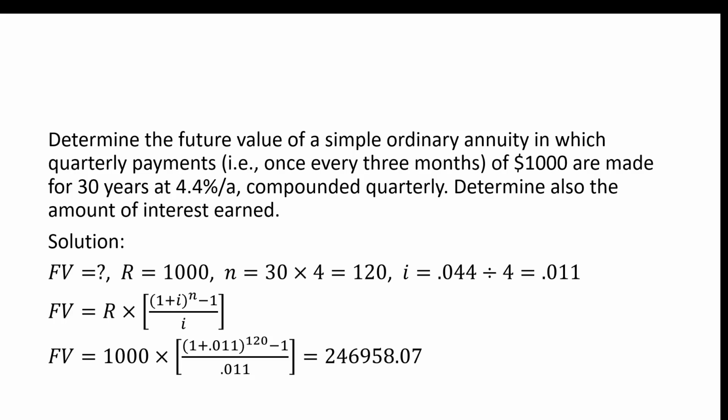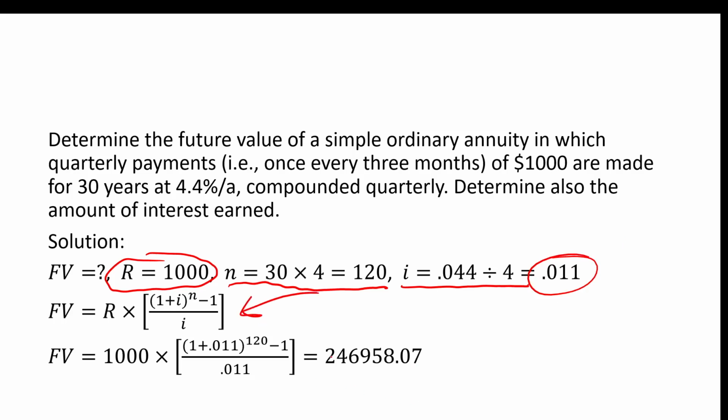So we want to know what our future value is. We know our regular payments are $1,000. N will be 30 times 4, 30 years times 4 because of quarterly payments. I will be 0.044 divided by 4, 0.044 because the annual interest rate is 4.4%, dividing by 4 because we're doing it quarterly, and we get 0.011. Plugging everything into our formula, we get a future value of